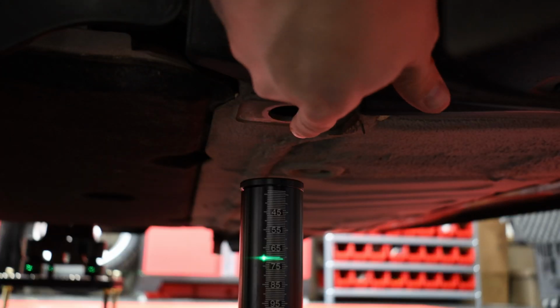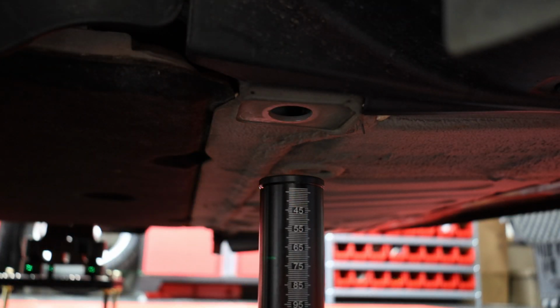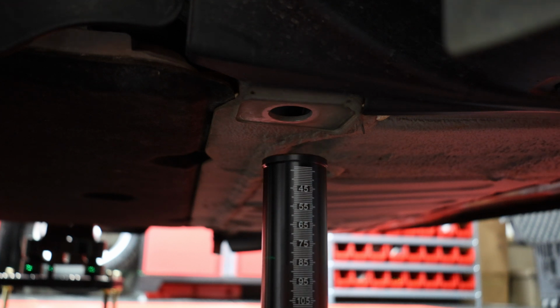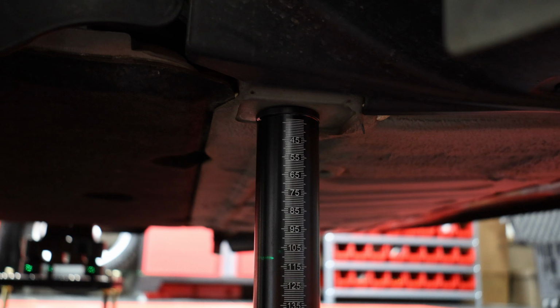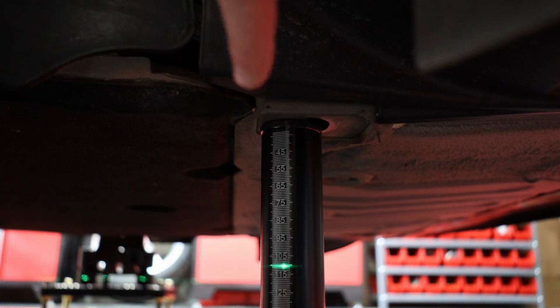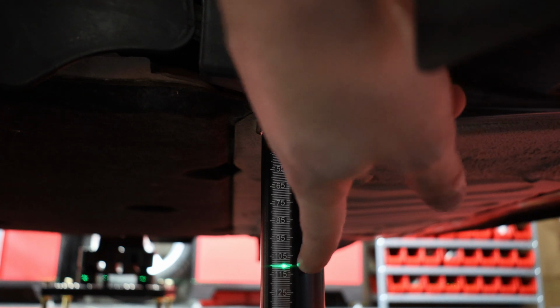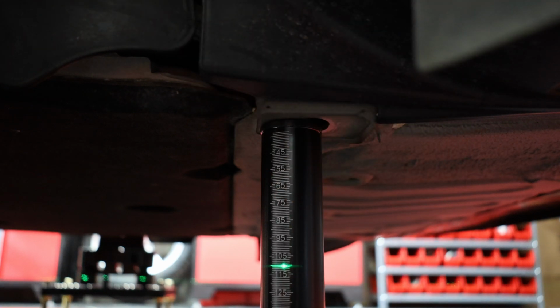And now this whole area is open to us. So we had moved the ride height gauge underneath it. We release the gas spring, it goes up, and it touches. So now we've got the ride height gauge extended in position on the proper ride height measurement location. And we measure down, and we are right at